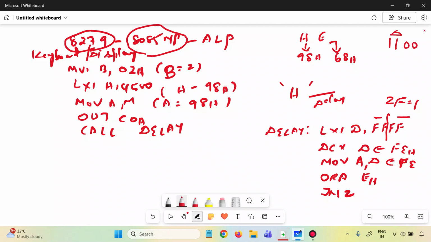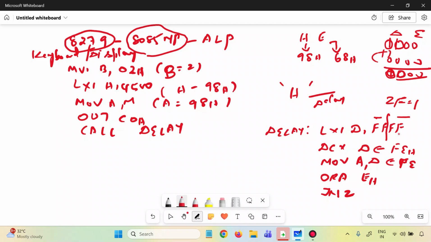For example, this is D, this is E: 1, 1 OR 0, 0 gives 1, 1, because you are adding it. It is an OR operation. So only when both are 0 will the zero flag be set. That is what they mean to say.